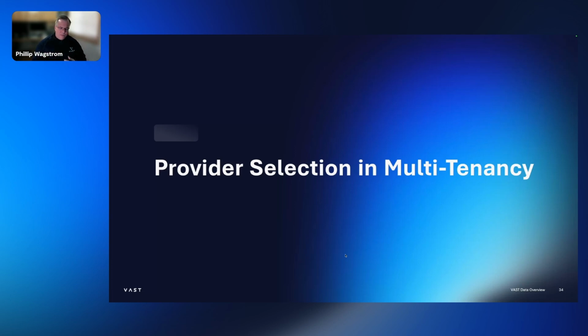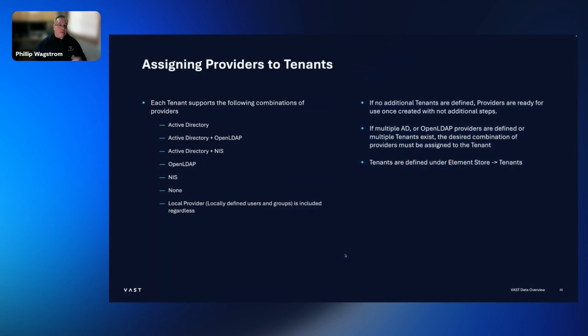To begin with, if you're not using multi-tenancy and you don't have any additional tenants defined, when you add Active Directory, that's automatically going to be configured into the default tenant. Or when you add the first OpenLDAP provider, it's automatically going to be configured into the default tenant. But if you have more than one tenant, you need to define which ones you wish to use. So again, you assign the providers to the tenants, and these are going to be the combinations that we